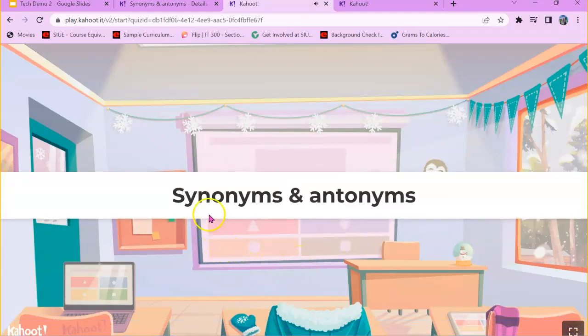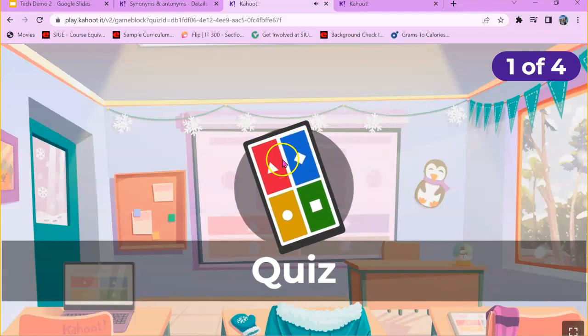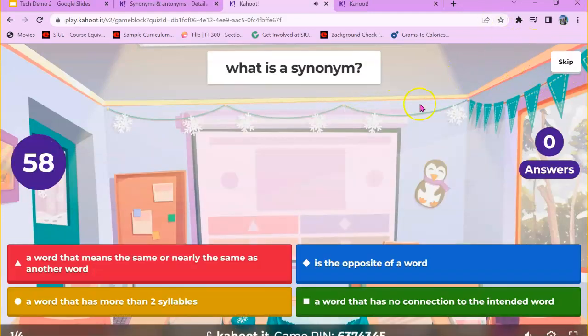and the name of the quiz will pop up, and then up here is however many questions there are in the quiz. This is the name of the first question. Here is however many seconds you have until the question is over. Here is how many people have answered the question already. And then here,